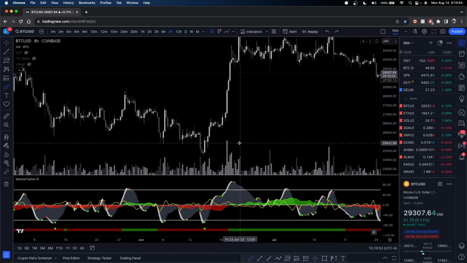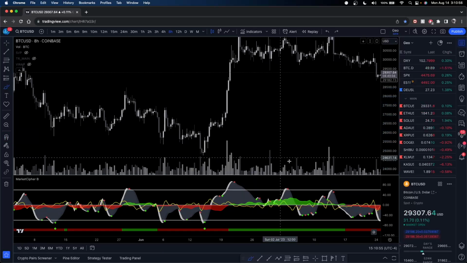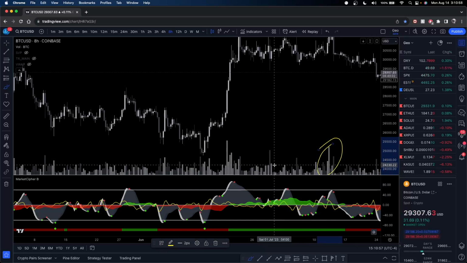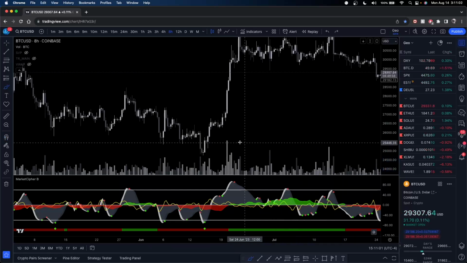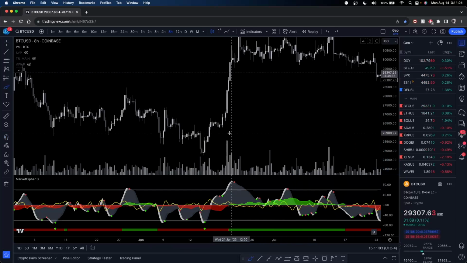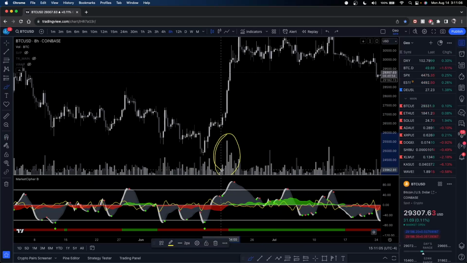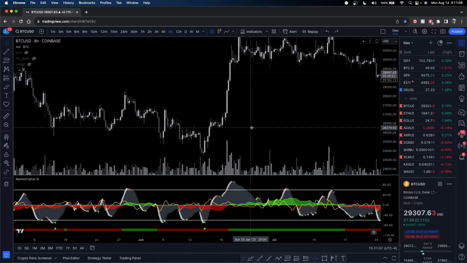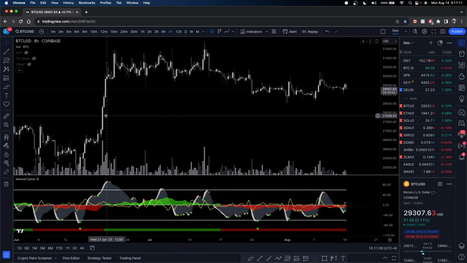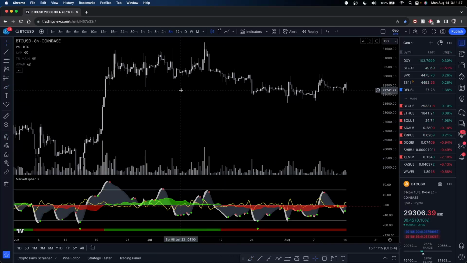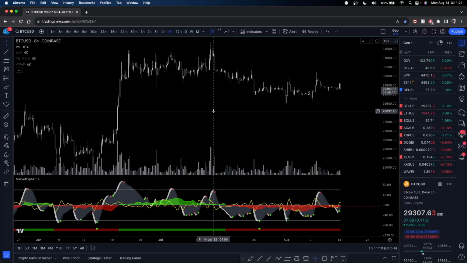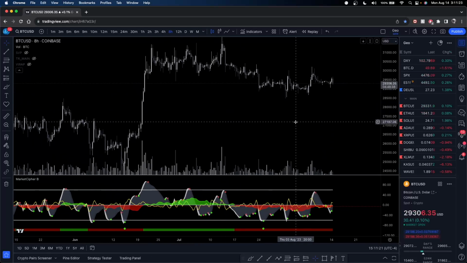Keep in mind, you're using it with confluence, okay? You're not just looking at a candle like this and then longing or shorting based on that. Of course, everything I say, you use it with confluence. But when you're looking for breakouts, you want to see large volumes. You want to see the move backed up, because that's how you know it will be a continued move. Of course, you can jump down on the lower time frames. This is the 8-hour time frame, so take that with what you will, but you want to be looking at that. Another way you can be looking at volume